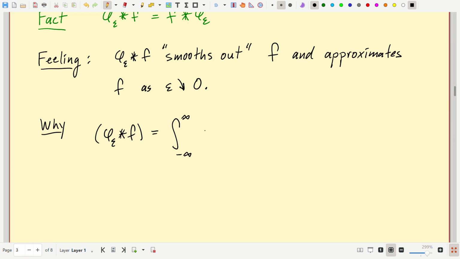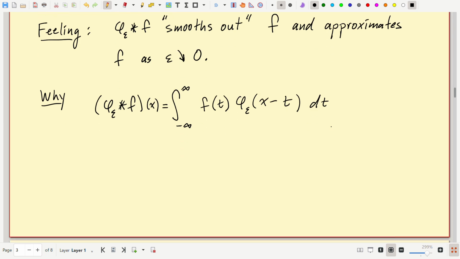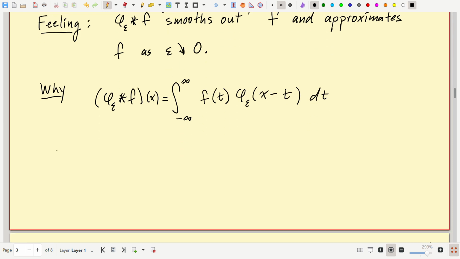And it doesn't matter what order I do it in, so I like this order here. f of t times phi sub epsilon of x minus t, and this is the value at x, dt. And now if I think about making a difference quotient of that thing,